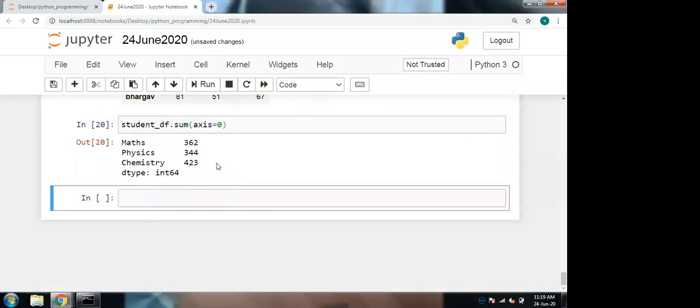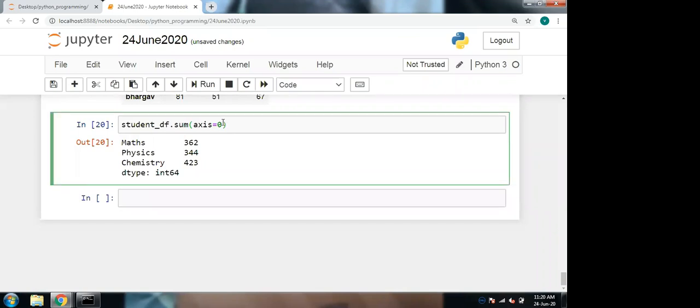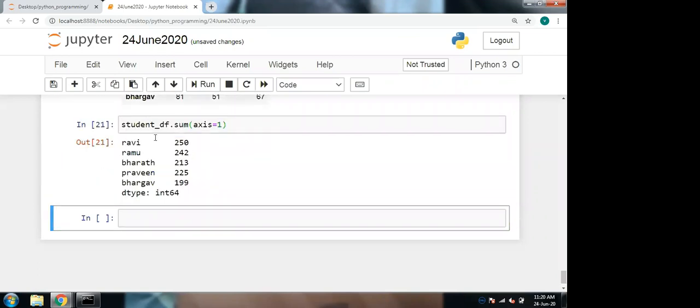But I want row wise sum, so I am changing to axis equal to 1. See here, then we are getting row wise sum, for every student we are getting the row wise sum.